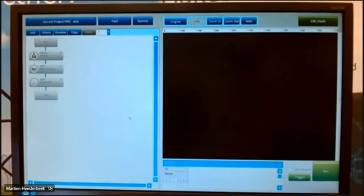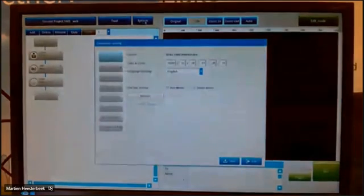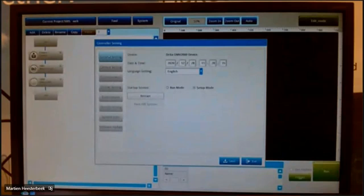I do everything only with a mouse, nothing else. The next button is the system. Here you have the control settings of the...